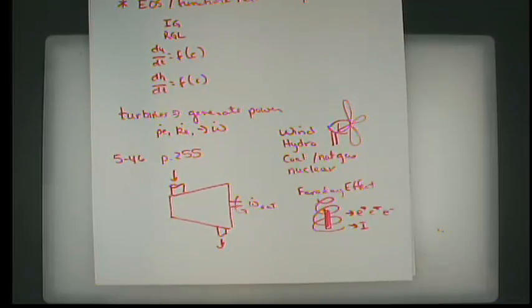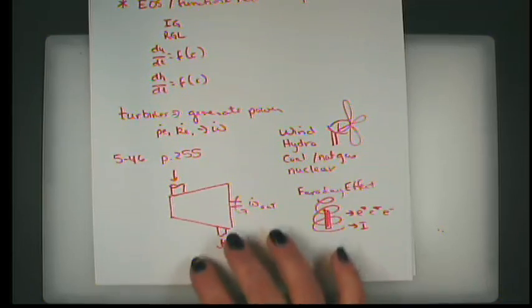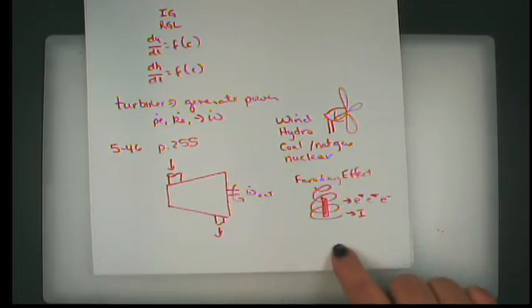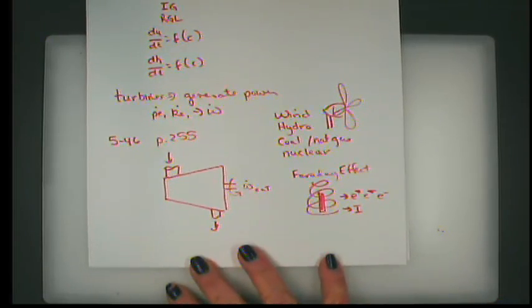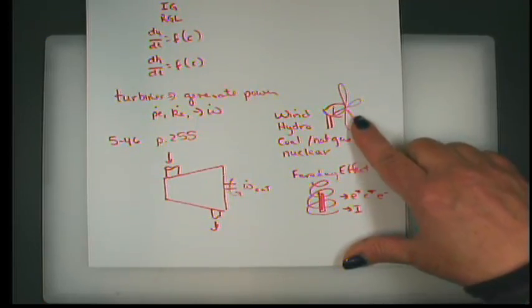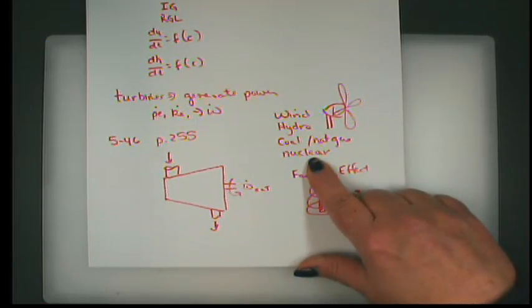3rd of March, and we are continuing our conversation in Chapter 5. We're talking about turbines. I'm specifically going to work problem 546. I'm talking about the way a turbine works, or anything that generates electricity. Anything in nuclear, all that nuclear really does is it just creates enough heat to cause water